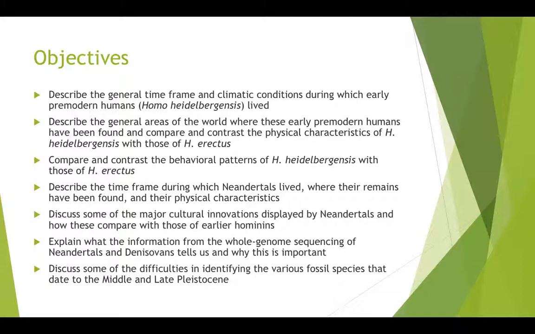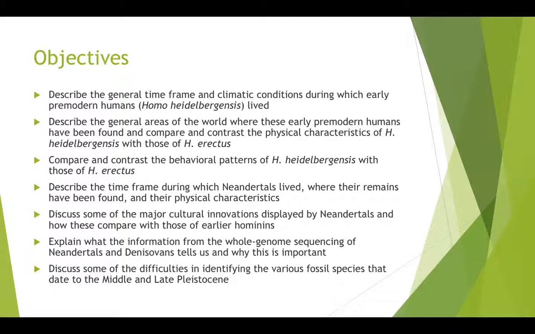So our objectives include describing the general time frame and climatic conditions during which early premodern humans, who are collectively now referred to as Homo heidelbergensis, lived; to describe the general areas of the world where these early premodern humans have been found; to compare and contrast the physical characteristics of Homo heidelbergensis with those that we talked about last week of Homo erectus; to compare and contrast the behavioral patterns of Homo heidelbergensis with those of Homo erectus;